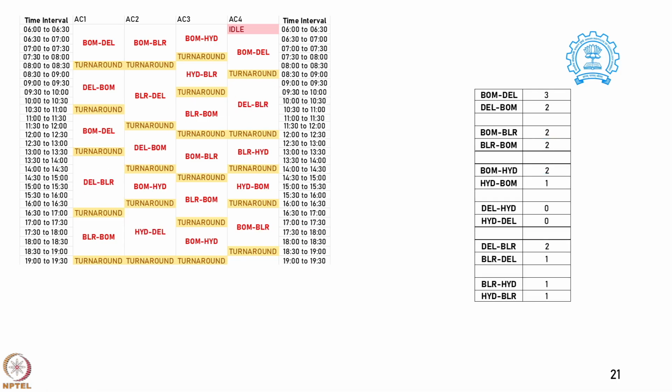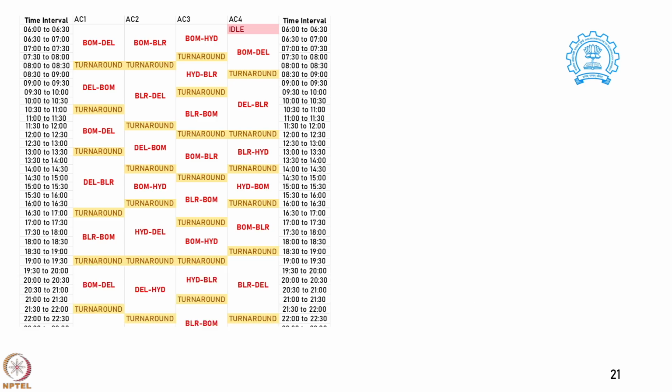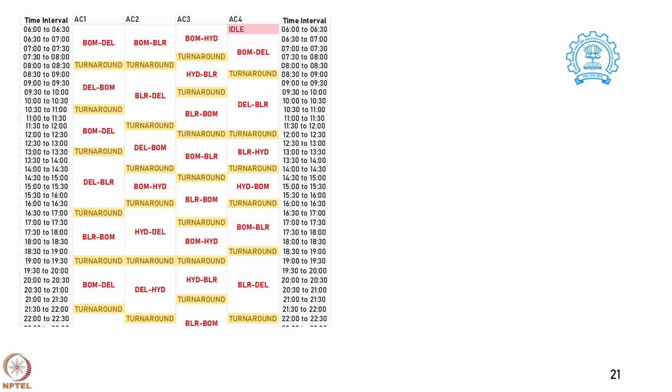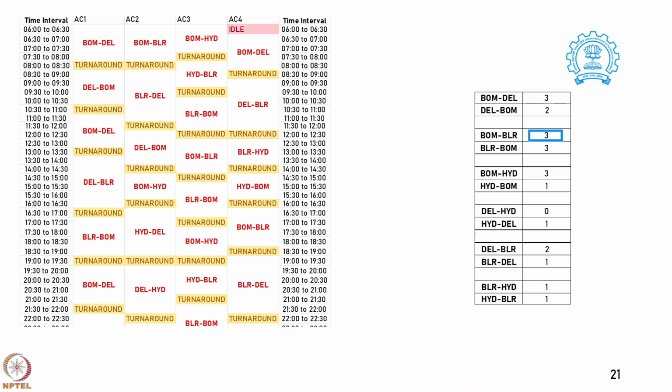Moving ahead, this is almost the last window. So, the aircraft which was at Bombay has gone to Delhi, the one which was at Delhi has gone to Hyderabad, the one which was Hyderabad gone to Bangalore. And finally, what we see here is that now we have been able to meet 3 flight requirement from Bombay to Bangalore. Similarly, we are also providing 3 flights between Bombay to Hyderabad and 3 flights between Bangalore to Bombay, right. So, in this particular window, we were able to cumulatively increase the number of flights available and finally, since